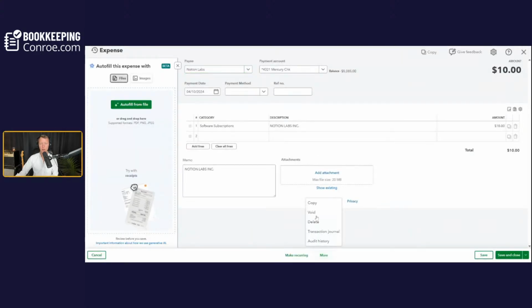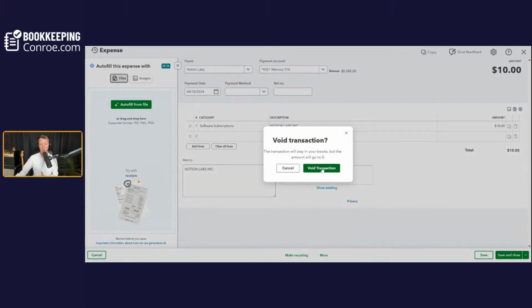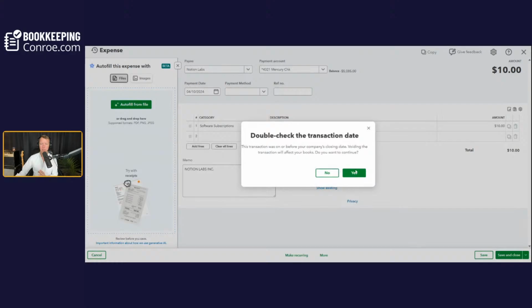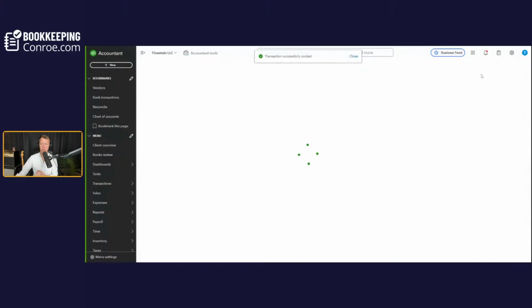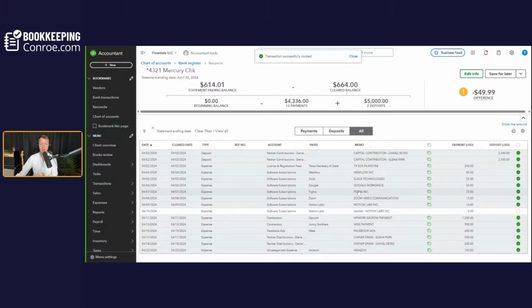And you could delete it, but what's better practice is to avoid it. The reason is because it's going to keep the transaction here in the books, but it will make the amount go to zero. So it's not going to affect any balances. But if we realized later, oh, actually, that was a legitimate transaction, maybe it was coded to the wrong account,